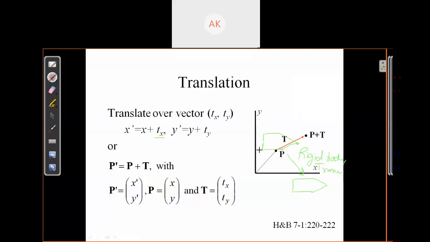Suppose we want to translate a polygon from one position to another position. We translate each vertex from this location to this location. First we translate all these vertices from the original object to the translated object, then redraw the polygon. So when we translate a polygon from one location to another location, we translate all these vertices, then redraw this object.